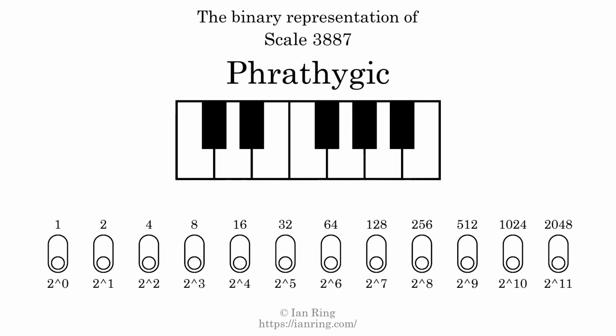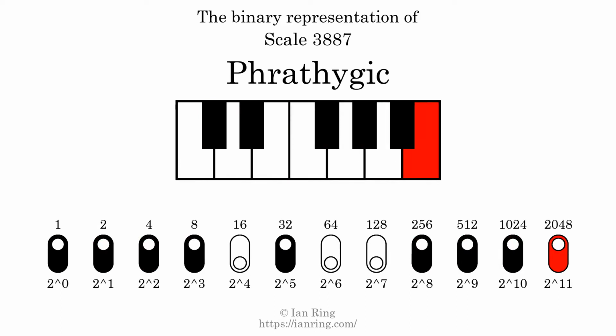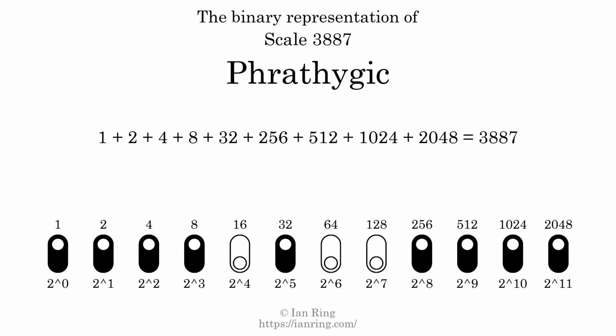The binary representation of this scale is determined by mapping tones of the scale to binary digits. Each binary digit represents a power of 2. To get the scale number, we add the powers of 2 together. The powers of 2 that are present in the scale, all added together, equals 3887. That is why the scale number, in decimal, is